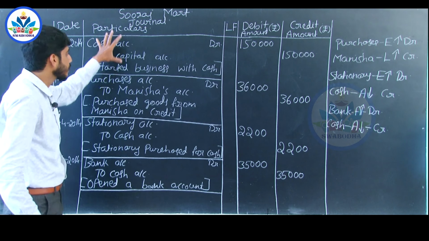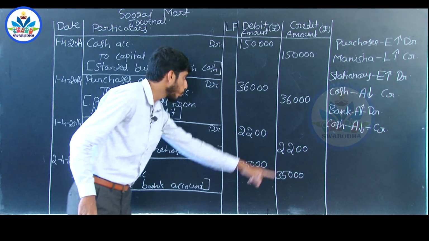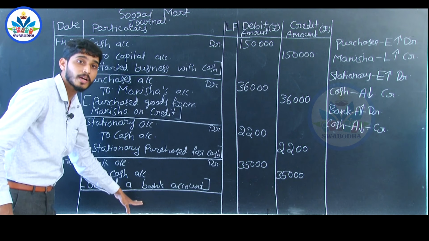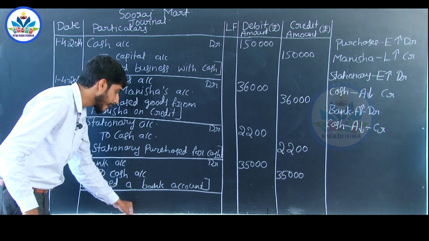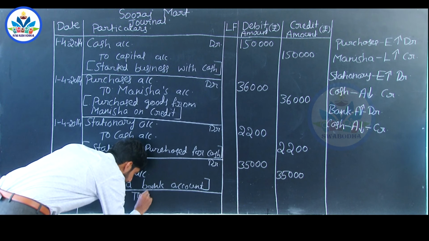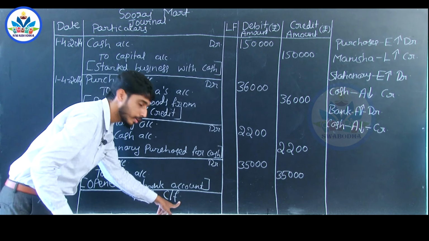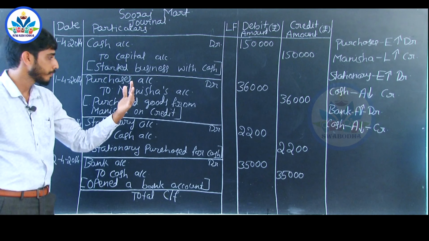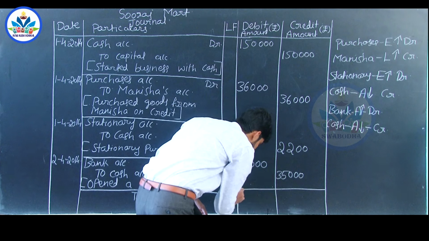Now, we will consider this as one page of journal book. There is no space to write the further entries. That means this page has ended. So, whenever you are ending a particular page in the journal book, you have to write as total carried forward, C bar F, which indicates carried forward to the next page in the journal book. Now, you have to total this balance and carry forward the same to the next page.